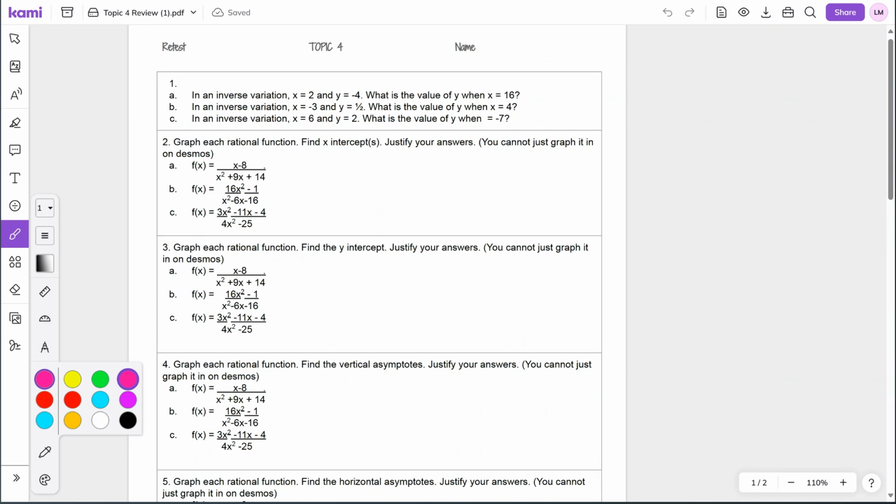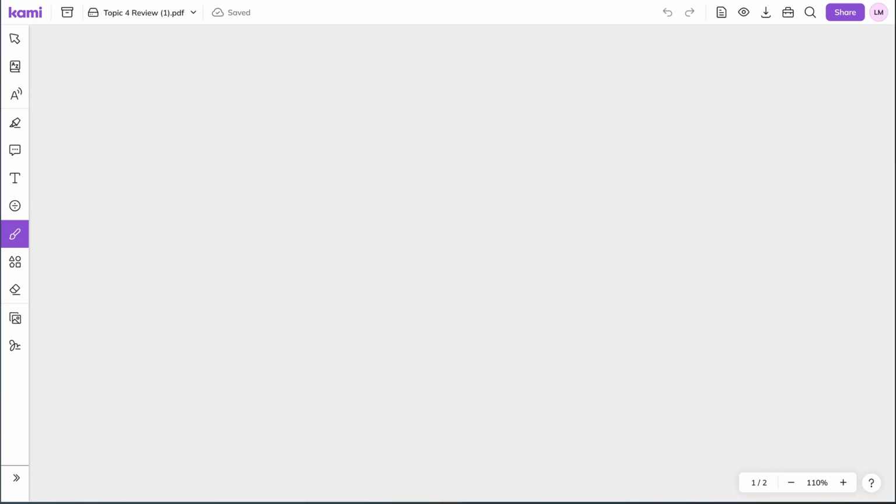So let me give it a color here. So when I think about inverse variation, we're thinking y equals